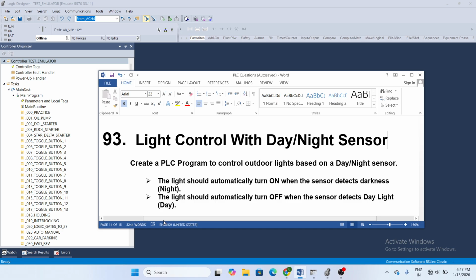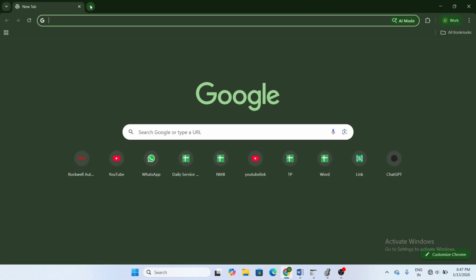This type of work is done with the help of a photoelectric sensor. You can also make this project in your engineering college.